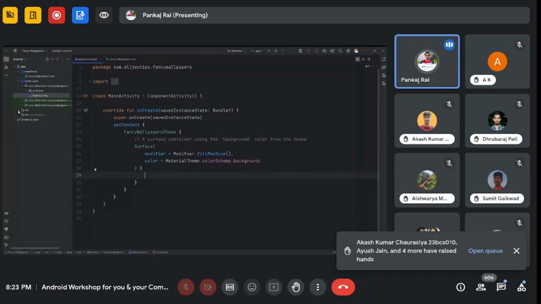And if we want to have some PNG or the JPEG file which we want to display, then those we can have it inside the resource folder. We have drawable. In this drawable, we can provide all those things which we want to display to the end user. So what we are going to build today is